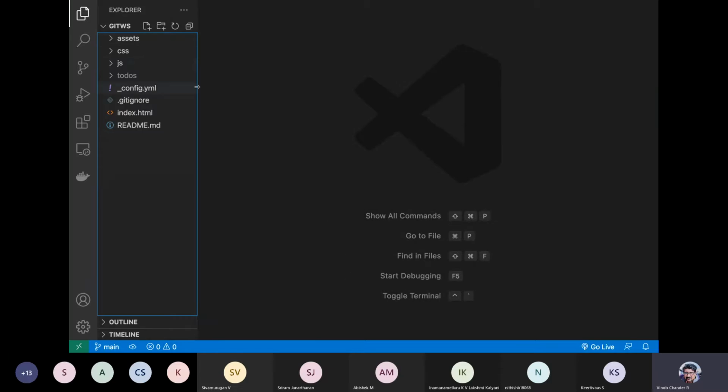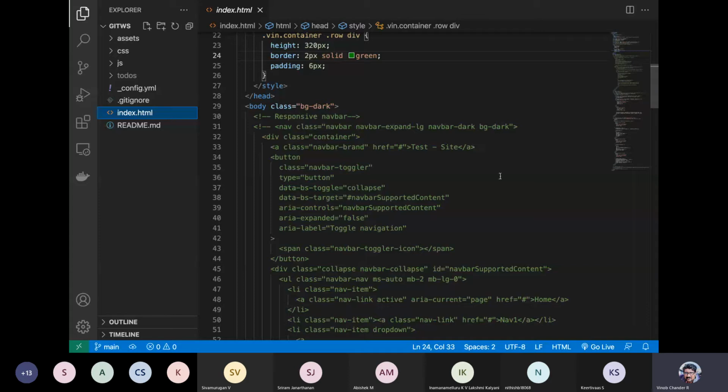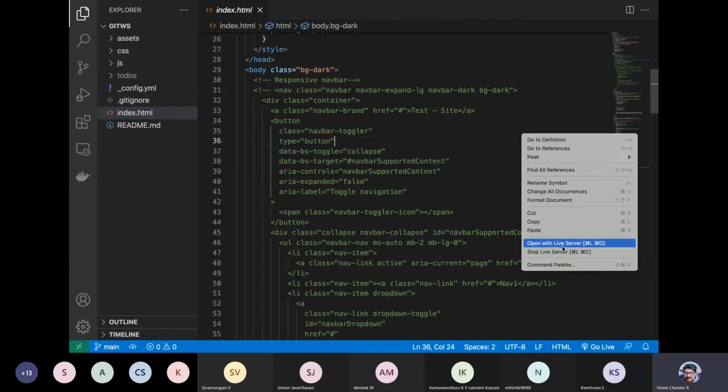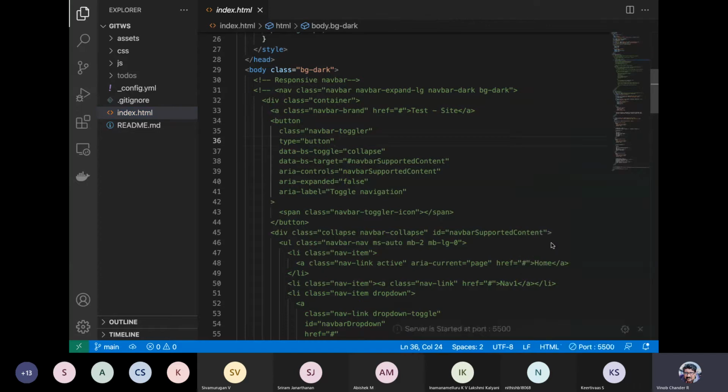So having said that, let us come back to our index.html file and open this file using our live server and see how it looks. Remember, guys, yesterday we also tried to open the same file using the live server, but certain UI aspects and CSS things were missing because we had put it inside the documents folder and did not link the CSS appropriately. Again, we can do it, but just for the sake of time, I've removed it from the docs folder and put it in the root folder. Now let us try it again with the live server.